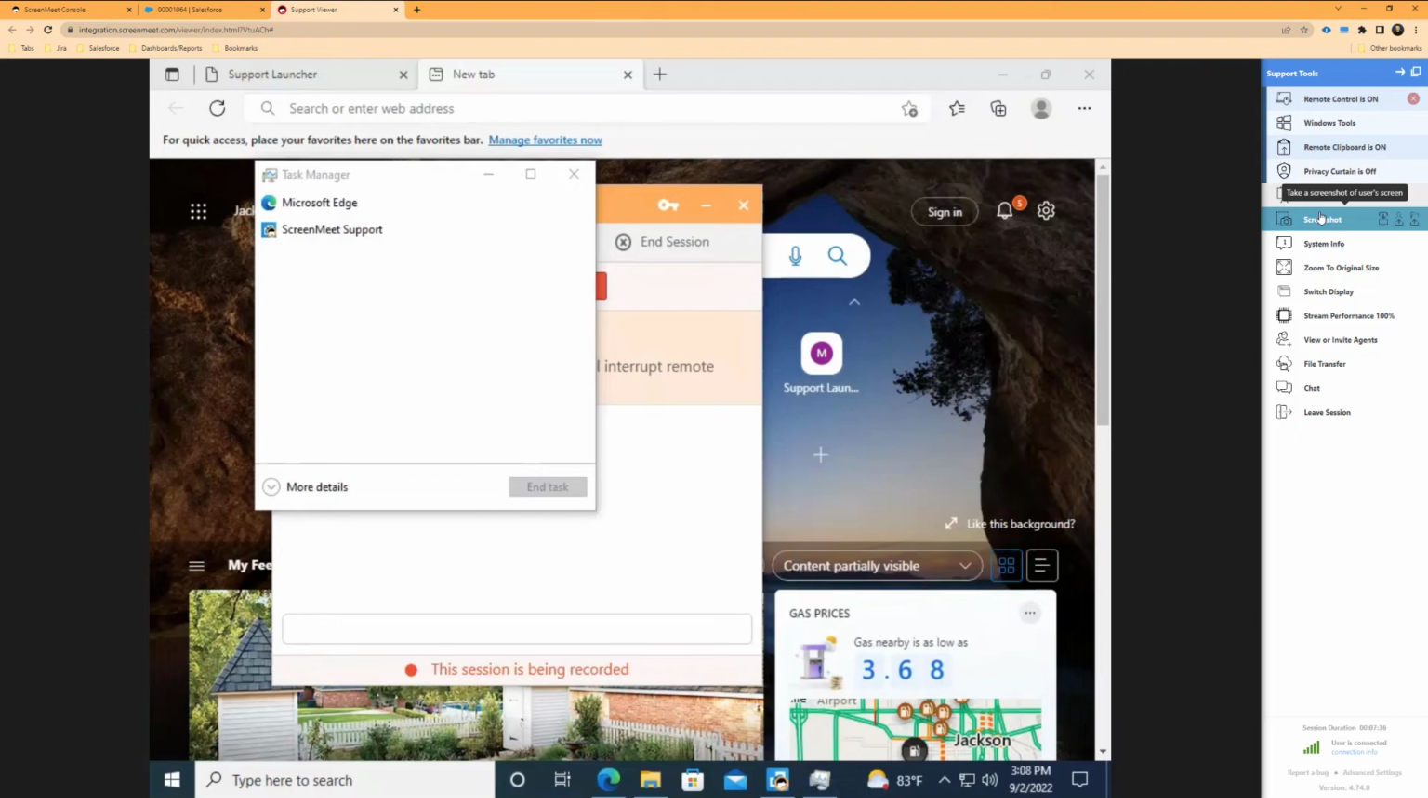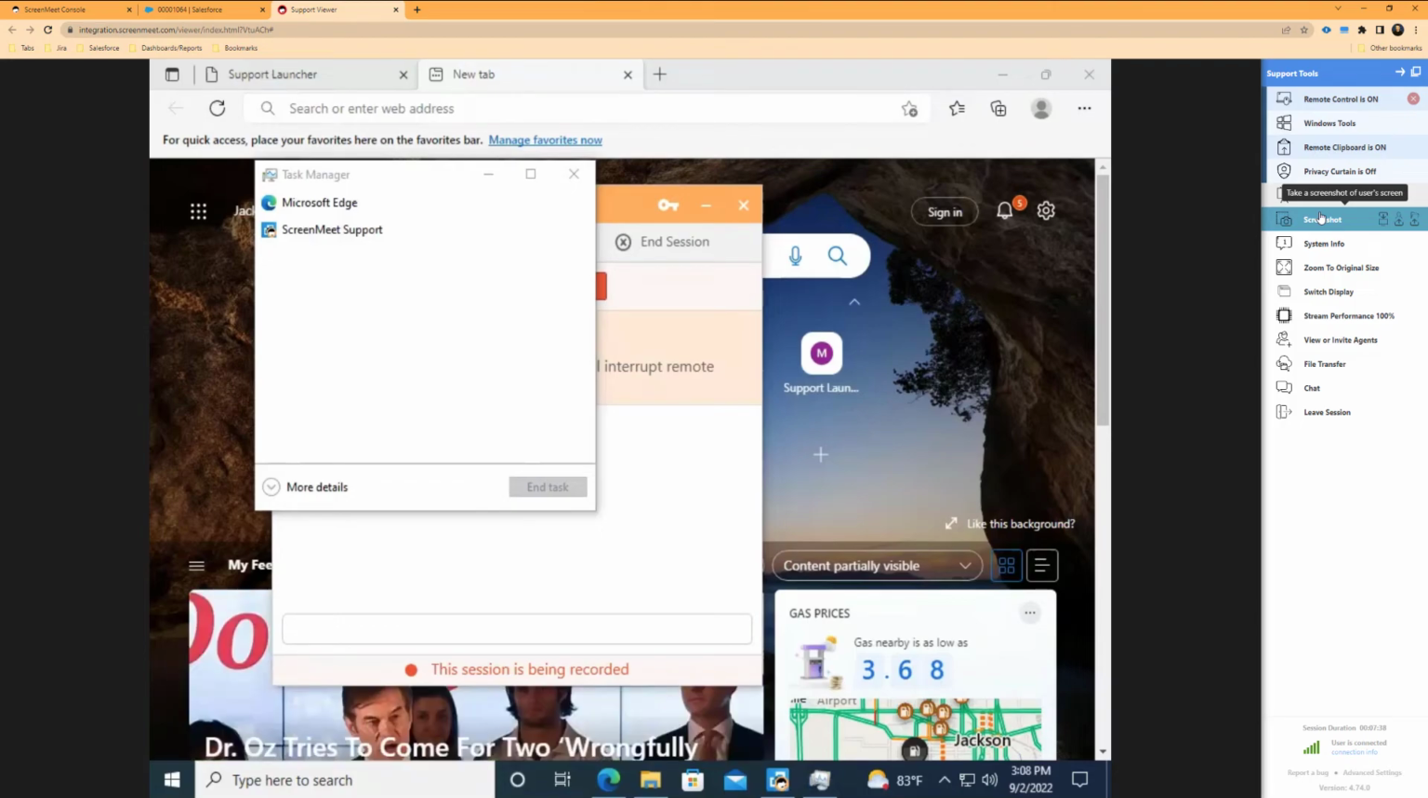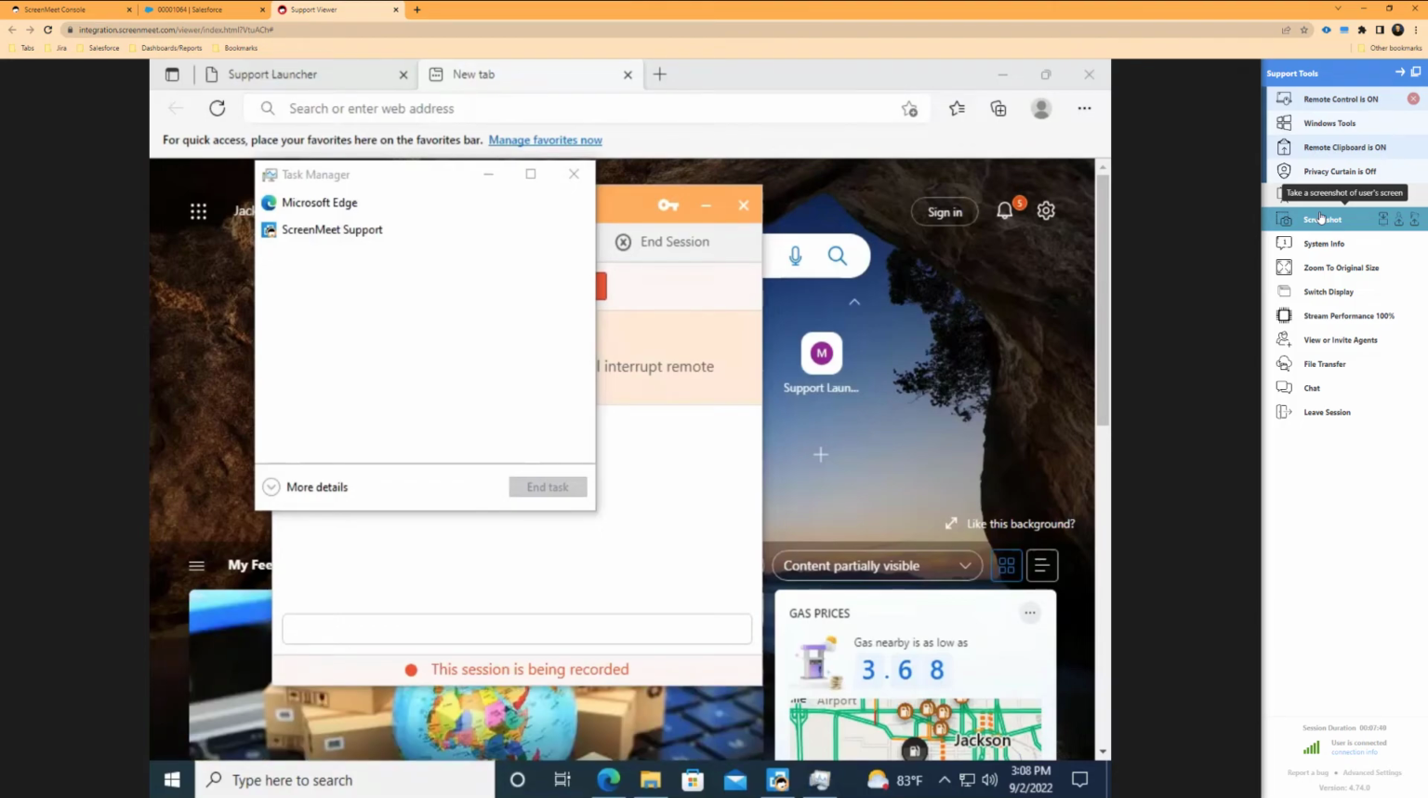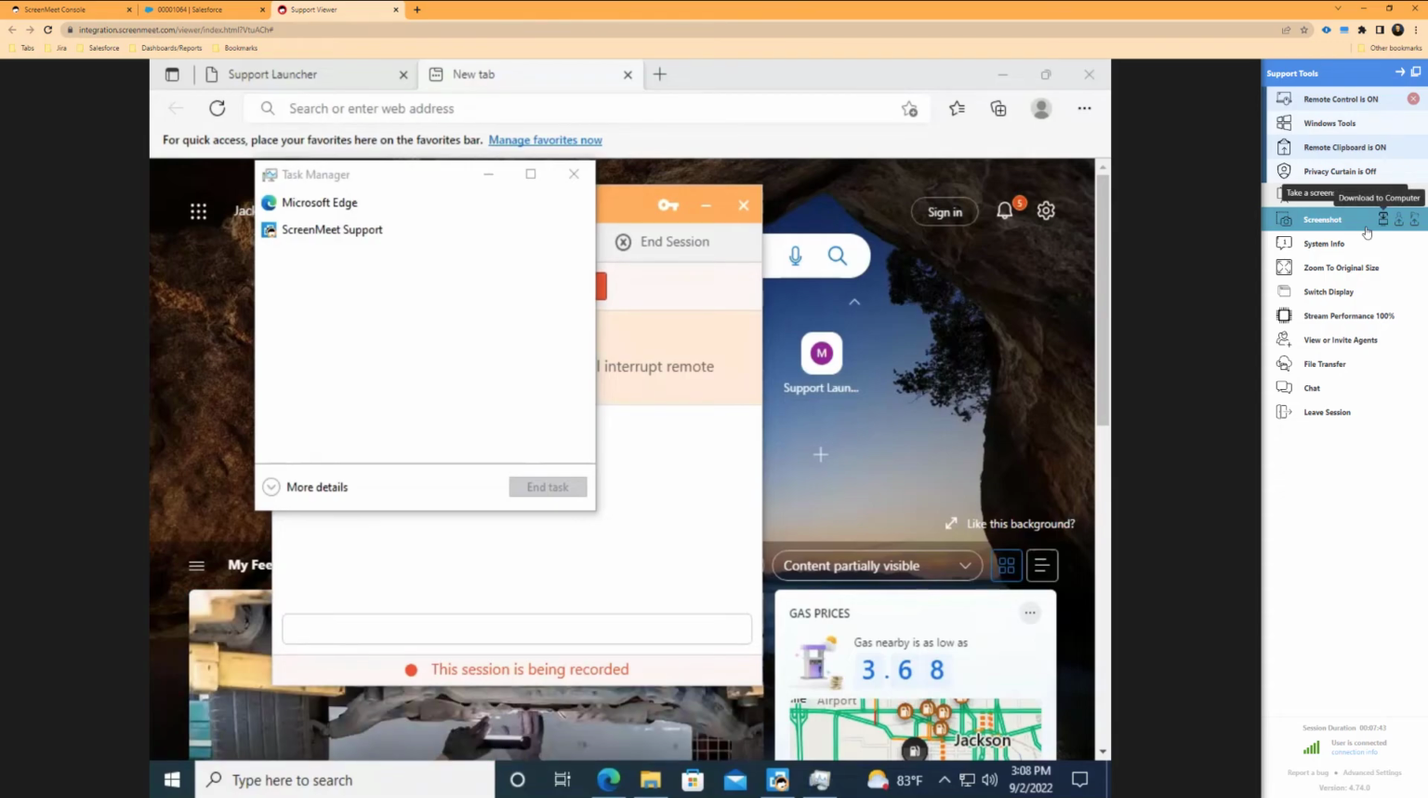Up next is our screenshot functionality, which allows the agent to take a screenshot of what is currently visible on the end user's machine. They can either download it to their computer, to the end user's computer, or upload it